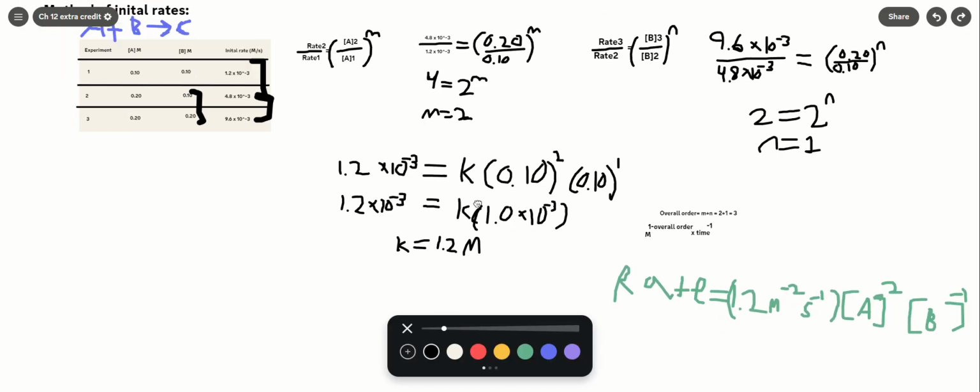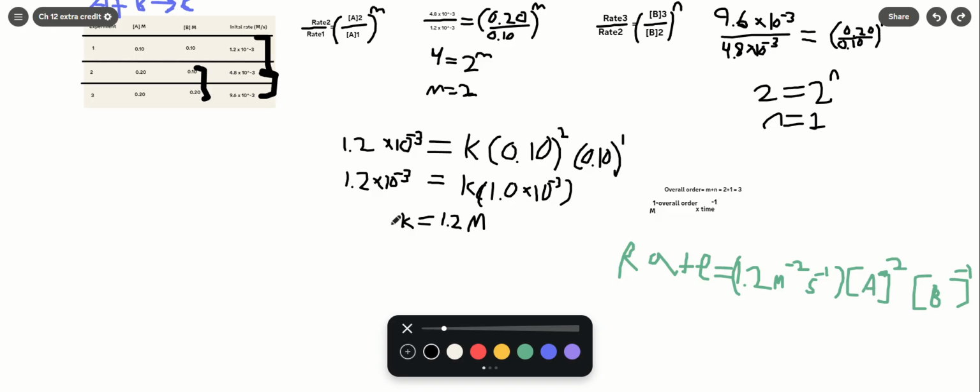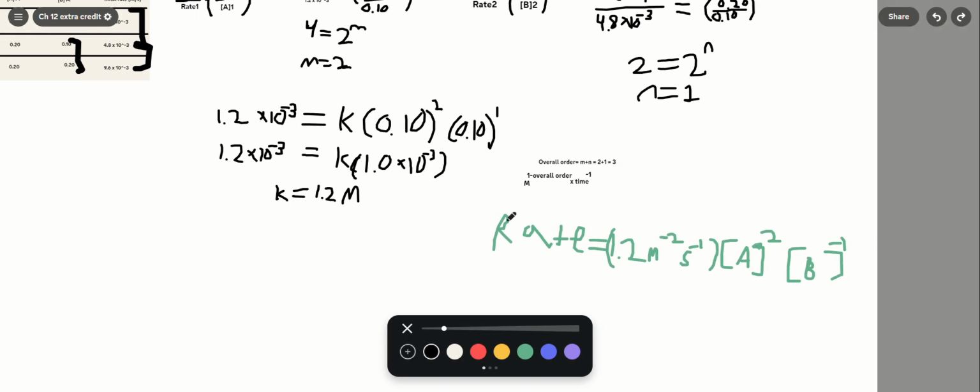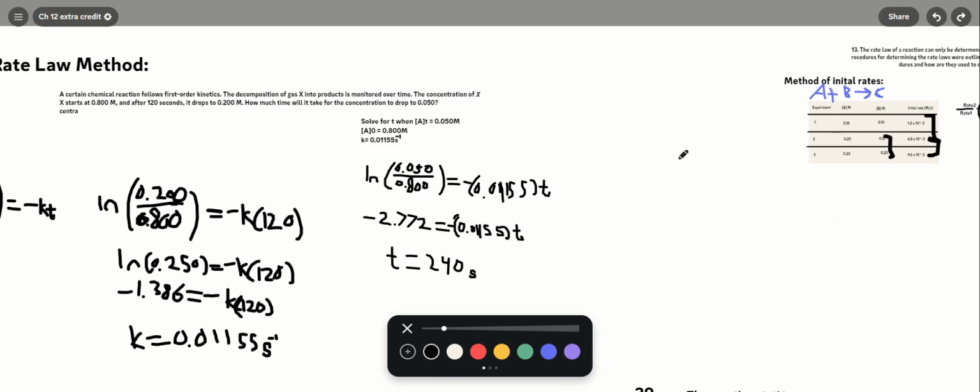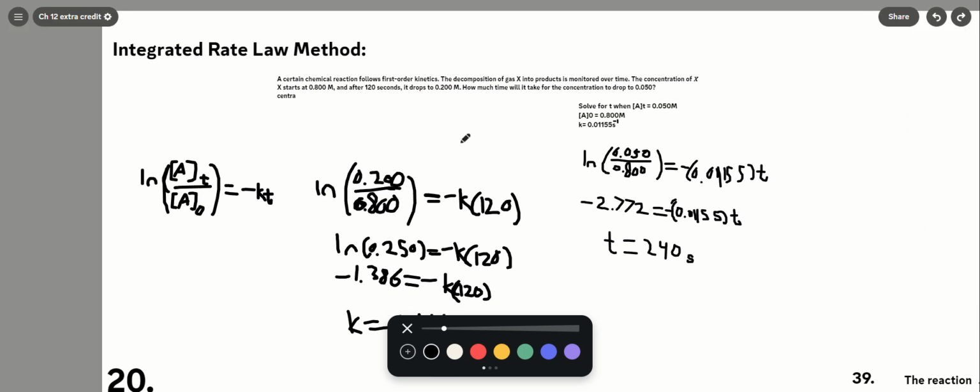But then you would solve for K to get your rate constant, and that's how you get your rate law. And for the integrated rate law method,